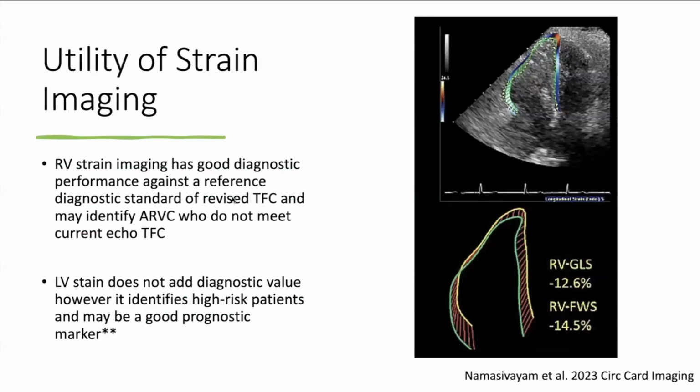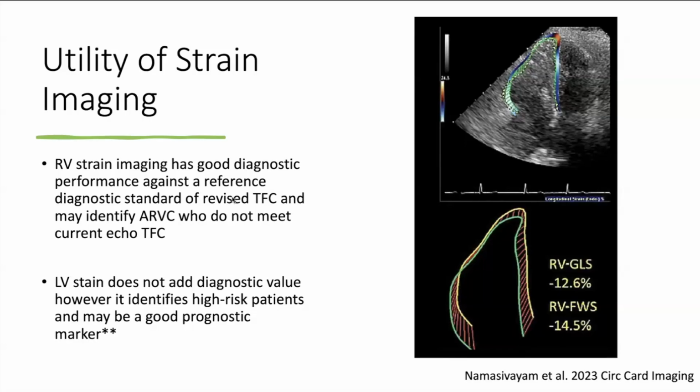And then to touch on strain really briefly, there's been some evidence and some data suggestive of how strain could be used in these conditions. Some of the literature in RV at least suggests that RV strain has good diagnostic performance against the reference standards from the revised task force criteria, so looking at the akinesia, dyskinesia, and some of the dimensions. Reduced RV strain may help to identify patients with ARVC that don't meet task force criteria. Obviously, it's sometimes a little bit more difficult to get the full RV and a good view to do the strain images. And from the standpoint of LV strain, it doesn't seem to add any diagnostic value for identifying patients with left-sided arrhythmogenic cardiomyopathies,